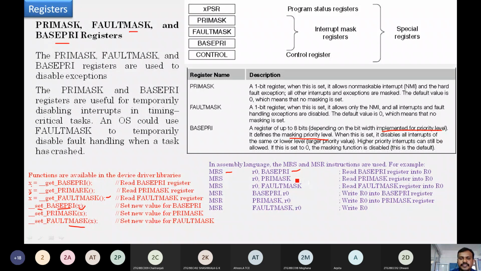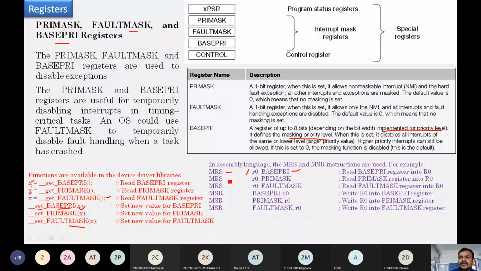Keep it in mind. As we are using x as a variable as an example, here also, in the example that is mentioned, R0 is just considered as an example. You may use any general purpose register, R0 to R12. Okay. If you want to write, we need to use the instruction MSR. The value in the particular register is going to be stored where?